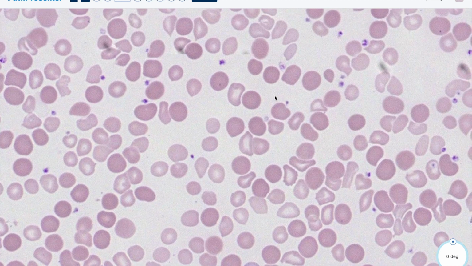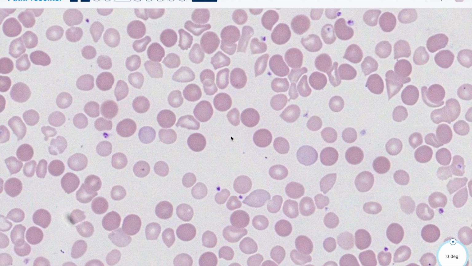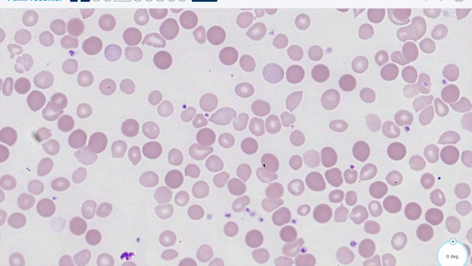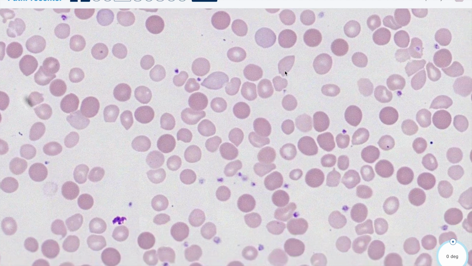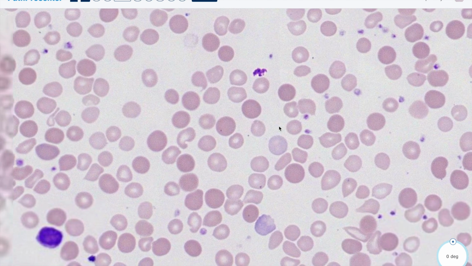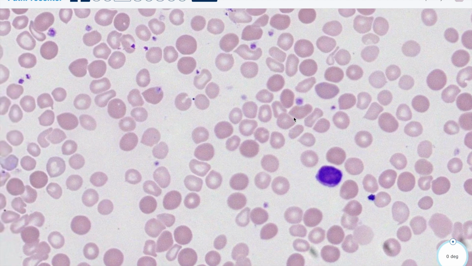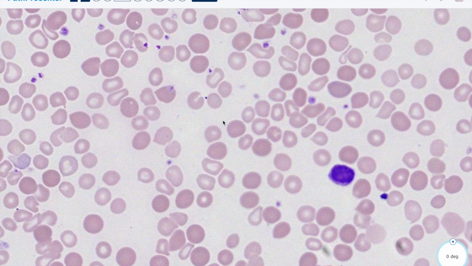And clinically, these patients are going to present with jaundice. They could have a mild reticulocytosis, gallstones, and splenomegaly. And there's a few mutations or genes to be aware of in hereditary spherocytosis, and that is